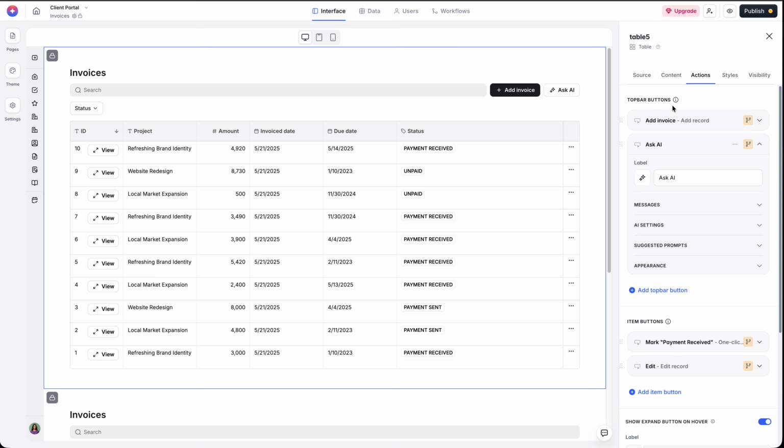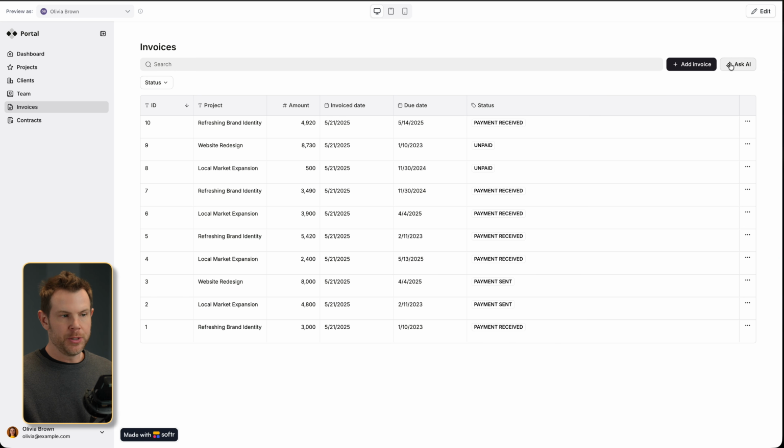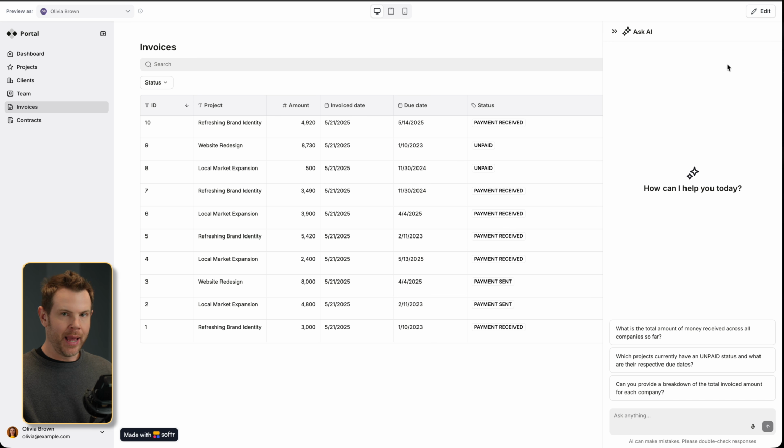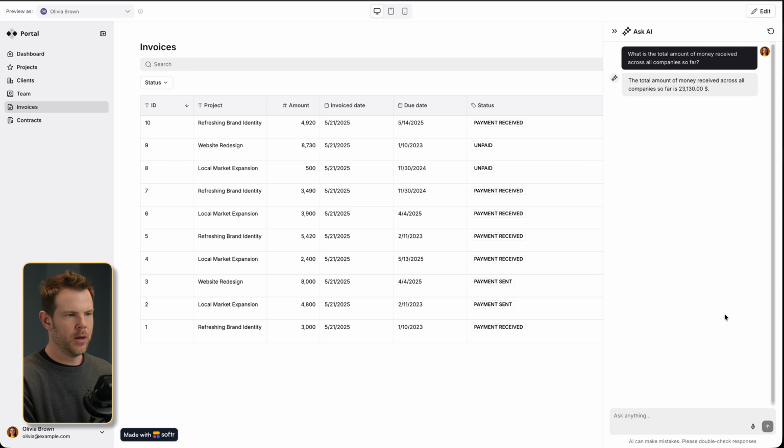If I wanted to add this manually, like if that call to action is gone when you see this video, just go to add top bar button and Ask AI will be one of them. But what this has done is add this little Ask AI button, where if I preview this page, I can go ahead and choose Ask AI. And now as a regular user, never having to see the database at all, I can query it using AI and have it explain things to me in simple terms, like what is the total amount of money received across all companies so far? There we go,